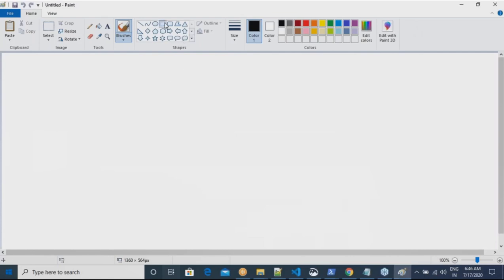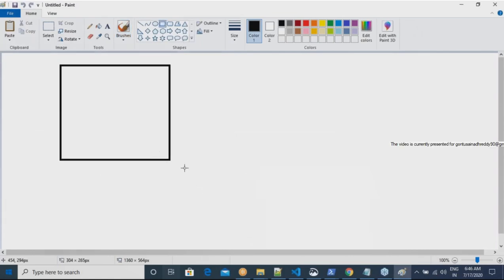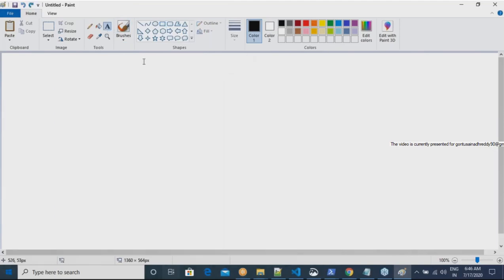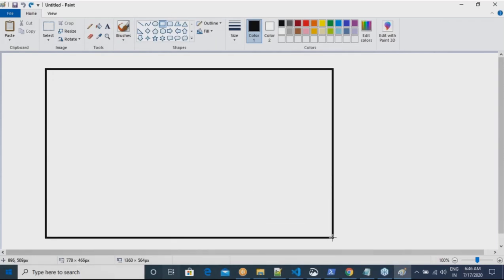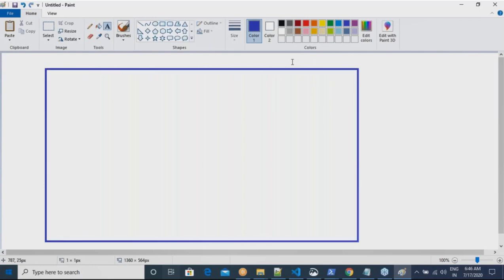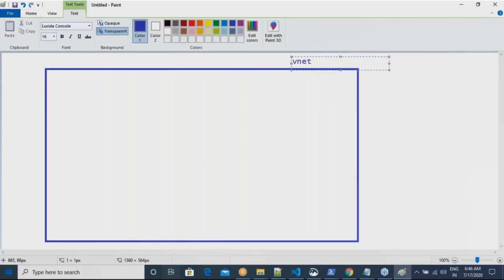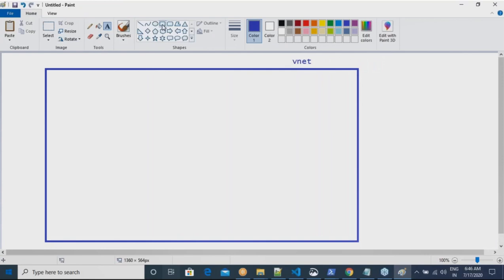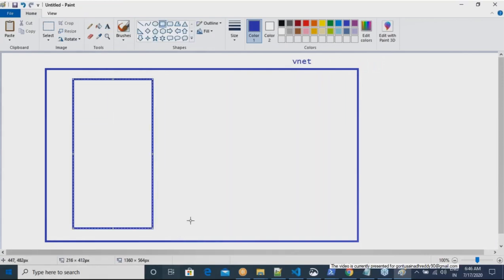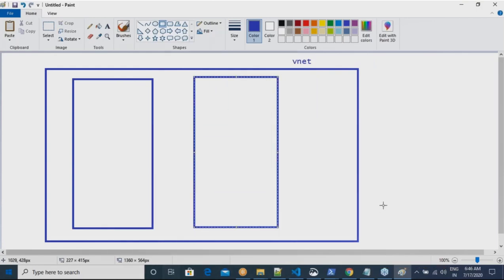I have a VNet. In the VNet I have subnets. Let me draw two subnets, which are more than enough.